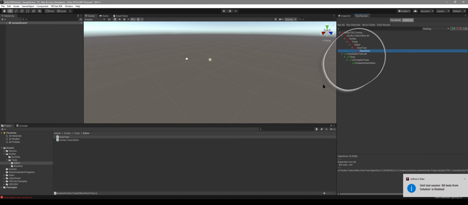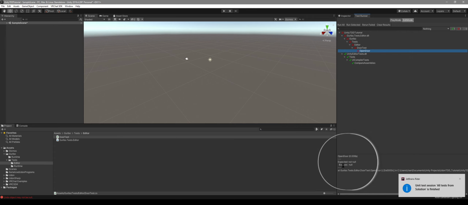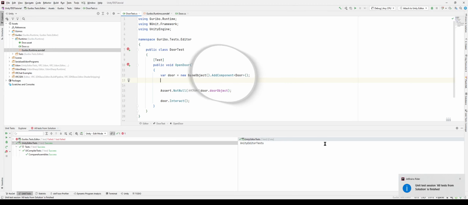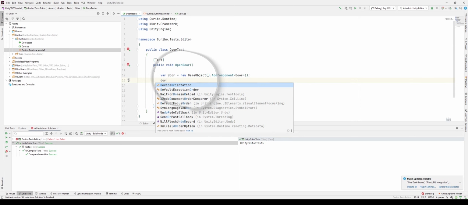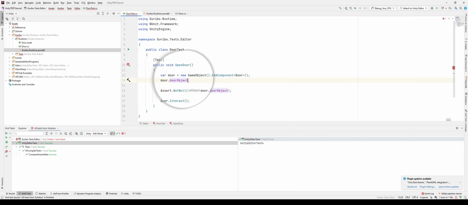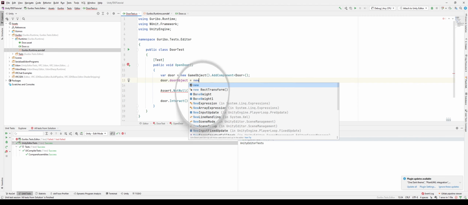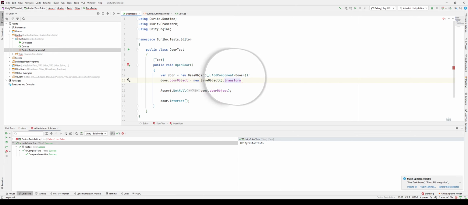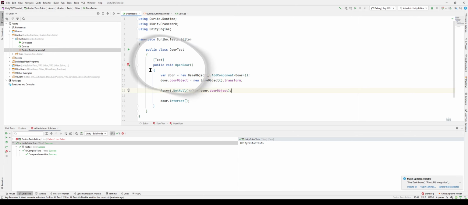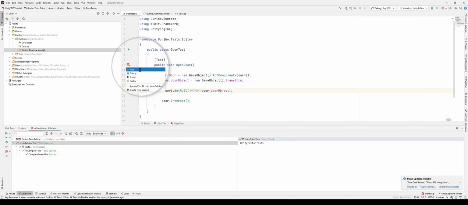Don't save. And there we go. Test failed. It failed, expected not null, but it was null. Okay. So I need a second game object. So I write door object equals new game object dot transform. So this will now no longer fail. If I run this one,